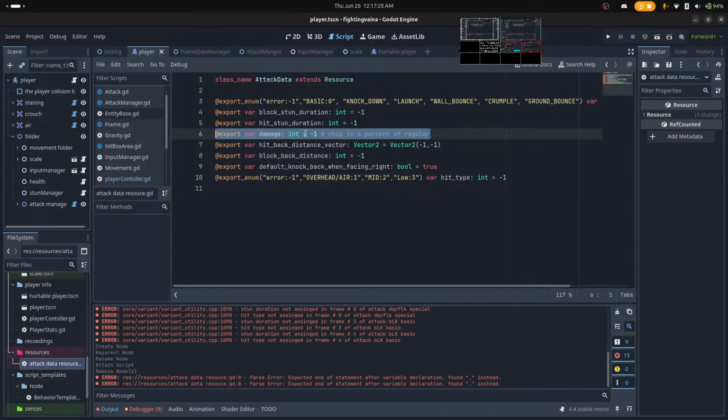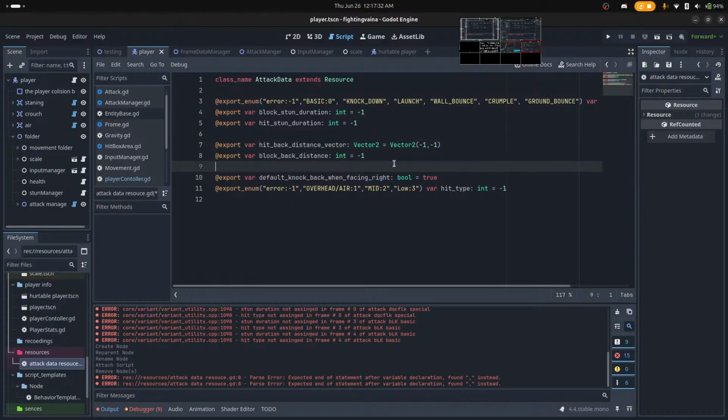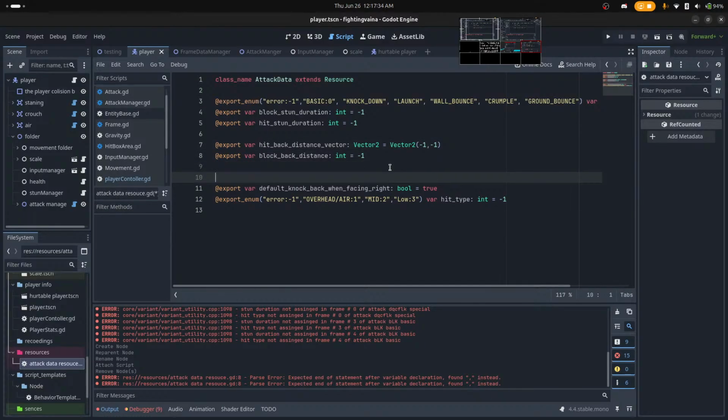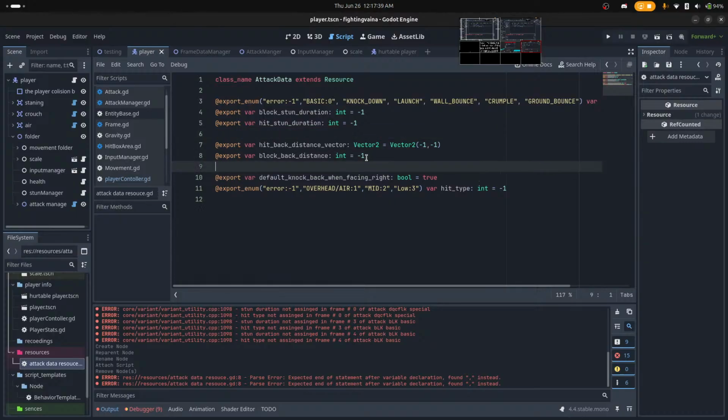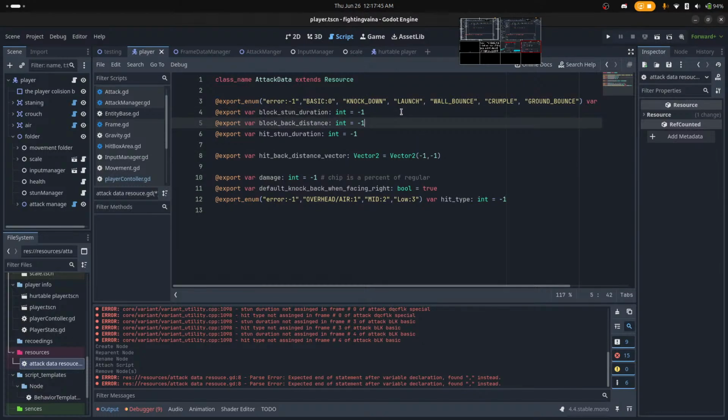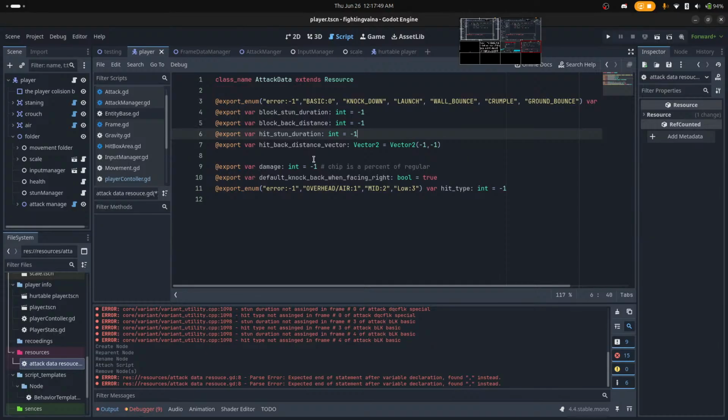Damage is the same, but it's ordering. Didn't save the copy. My turn. Block stun, block back, hit stun, hit back.